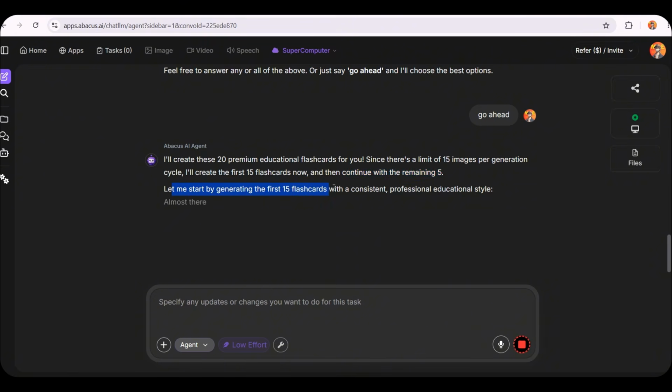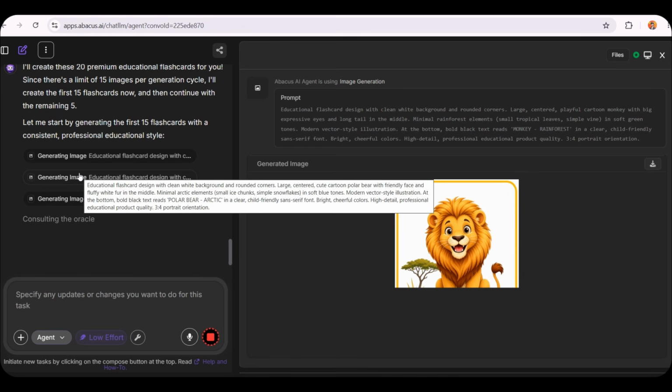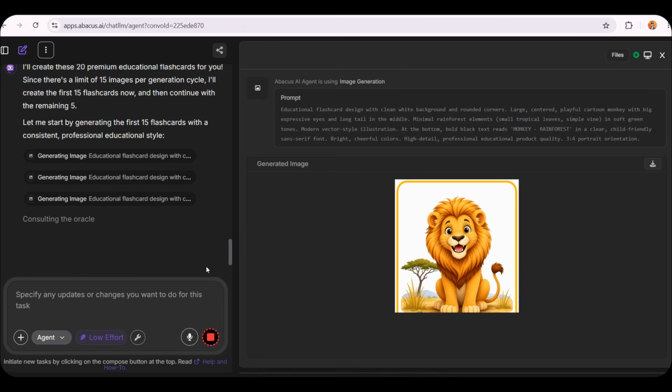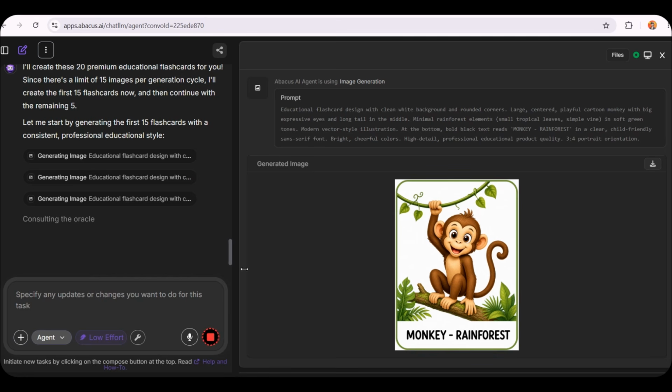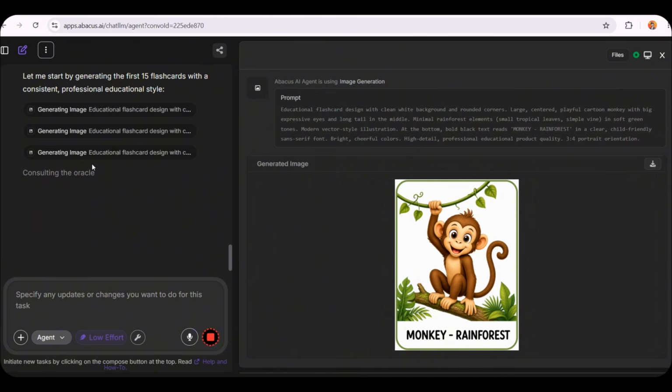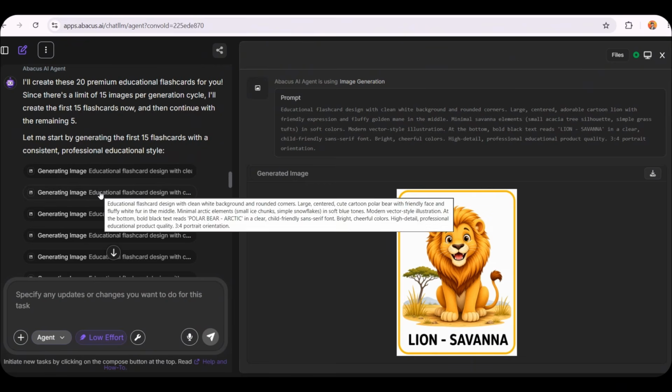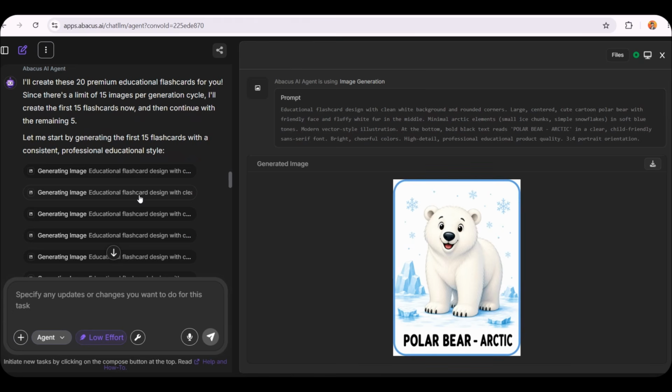And within seconds, the platform informs us that it is going to generate all 20 flashcards at the same time. That is absolutely incredible. Honestly, this is something I haven't seen many other platforms do this well. The ability to generate such a large number of high-quality images in a single batch is extremely impressive. And now you can probably see why I said earlier that creating an entire book with just one click is